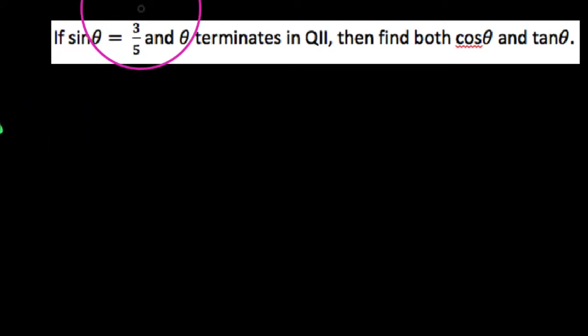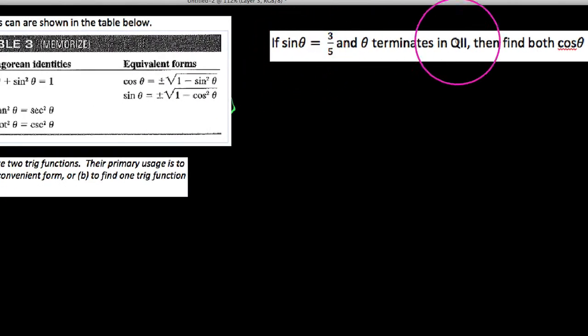So let's say we know that the sine of theta is 3/5 and theta stops in the second quadrant. What we want to do is find cosine, and then move on and find tangent theta while we're at it. So here's the deal. I know sine, I want to find cosine. Looking back over here on the left, these things that I'm going to memorize, I notice that the equations that relate cosine to sine are over here on the right. And if I'm finding cosine, I'm going to use this one right here, which says cosine would be equal to